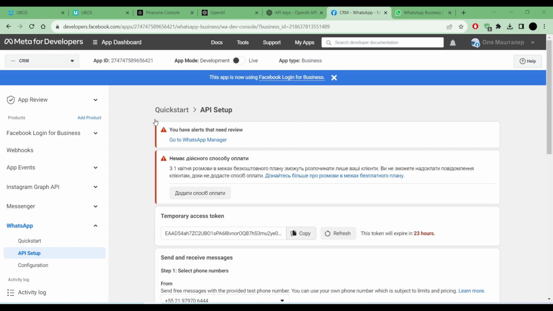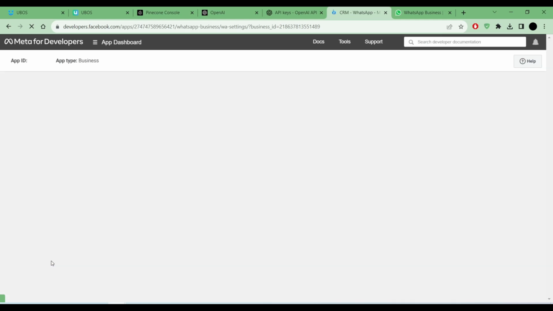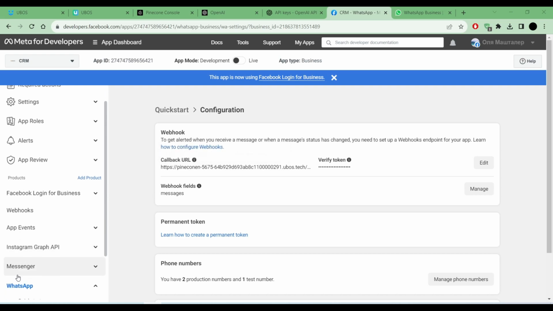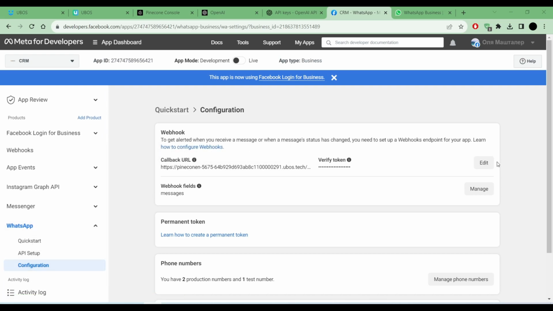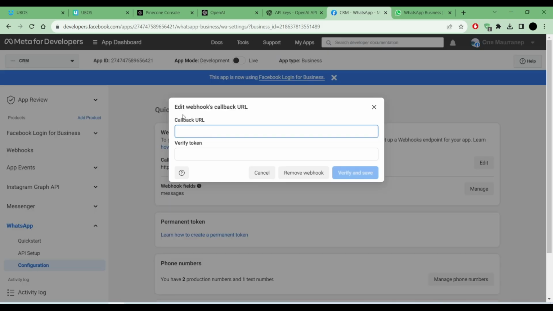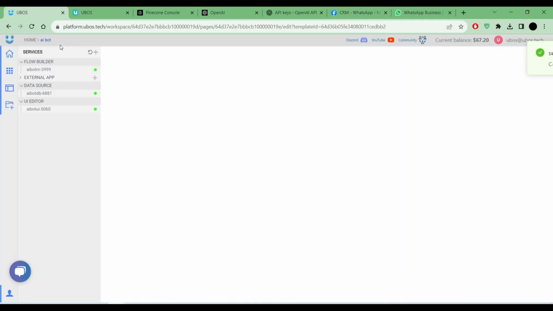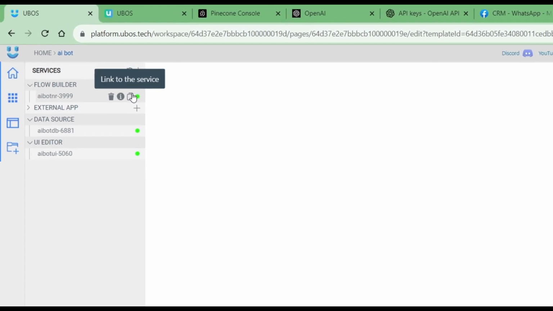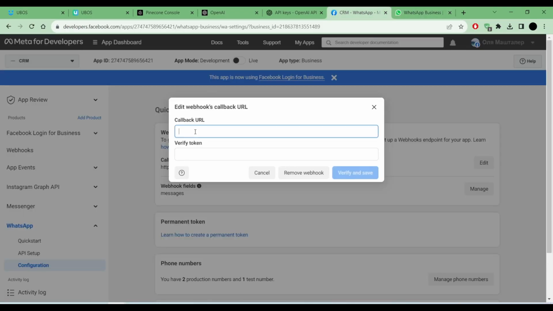And last thing, on this platform, we need to go to the configuration page also, and tell Meta where we wait for new messages. For this, on WhatsApp, on configuration, just press near webhooks, and there we need to paste our URL and verify token. For your URL, open our platform one more time, copy the link to this service,